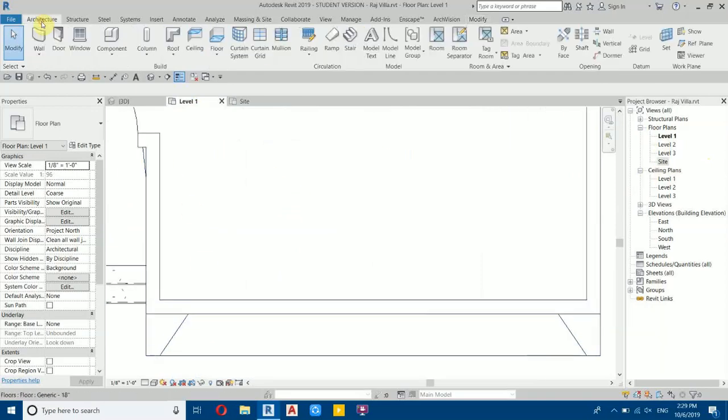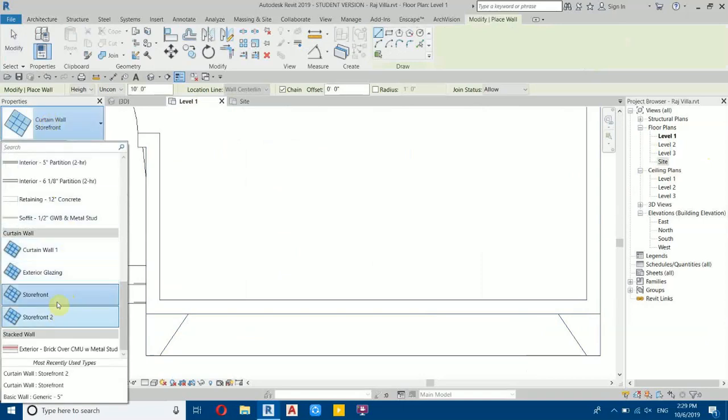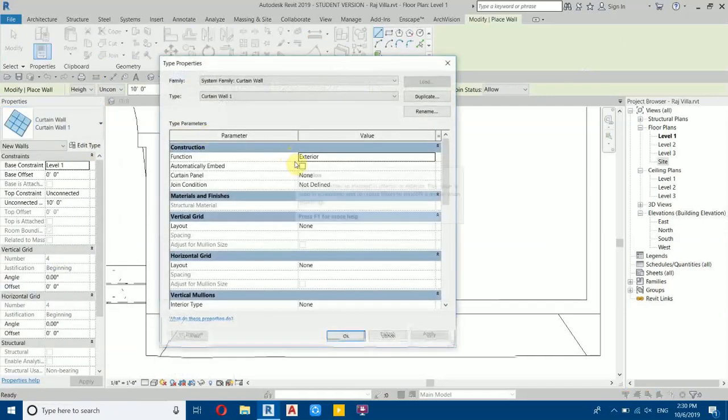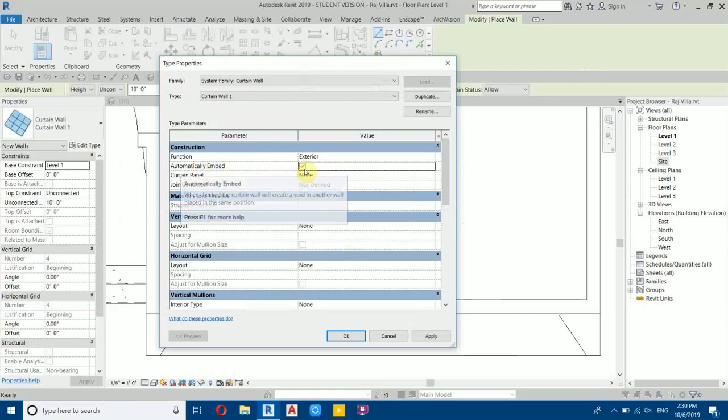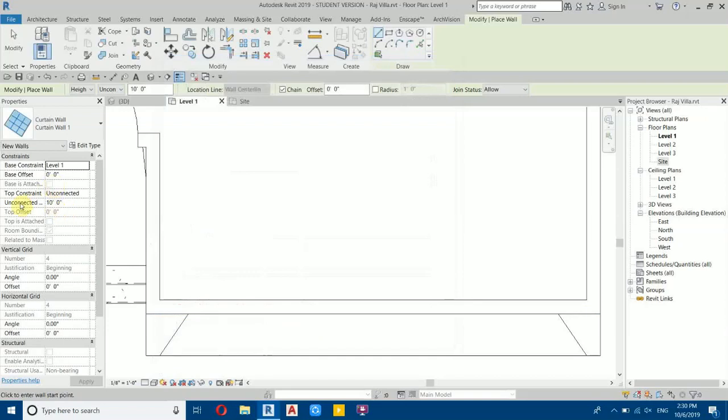So now select architecture, wall, and then from this drop down let's select curtain wall. Okay, let's go to edit type and just check this automatically embed, so you don't have to cut this curtain wall from the wall later on. So just click OK, and then